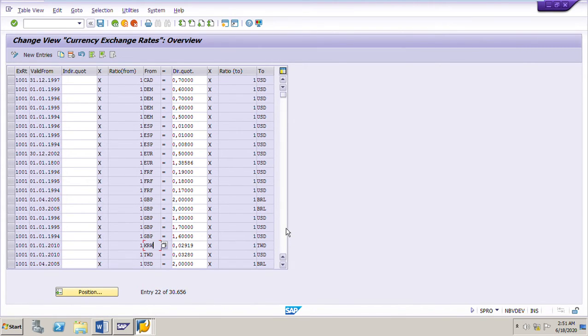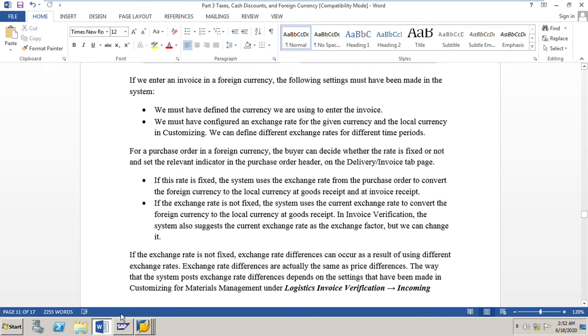So many currencies are there. These are the exchange rates, defined in customizing, and they are valid from so and so. So we can set the exchange rates, and if we set some exchange rates here, then the system will consider them automatically.